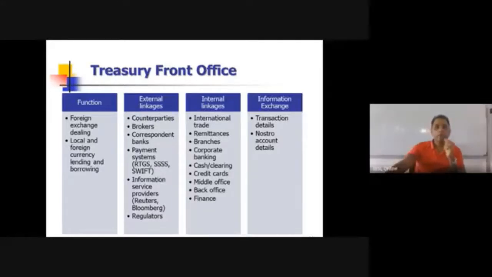Yeah. So you have external linkages. You have counterparties, brokers, correspondent banks, payment systems people, information providers, or regulators. So we'll take them one by one. People that Treasury deals with outside, counterparties, your clients. It could be interbank clients, corporate clients, various people. These are the people who you will sell your products to and who will come to you for guidance and